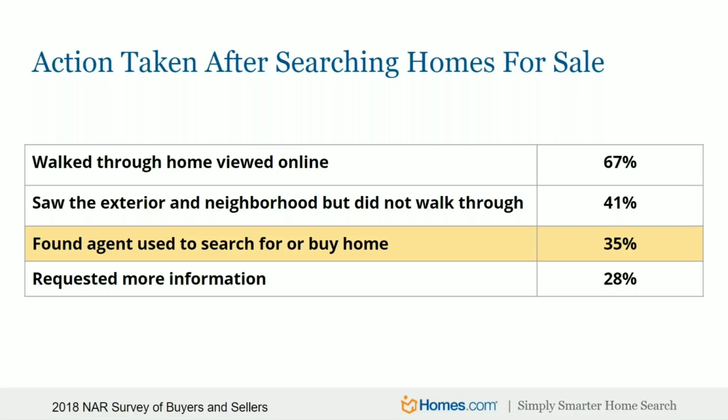And what's funny here is if you're trying to add up the math, you're like, wait a minute, these add up to much more than 100%. How is that even accurate? Well, the math is not wrong, but a lot of people did more than one of these actions. So I might have searched for a home for sale online, then said, you know what, I'm not really familiar with that neighborhood. Let's drive through it. Drove through it, said, oh, I like it. So let me go find an agent now to buy that home. And I find an agent, and then the agent shows me the home, makes an appointment. So I've done 3 of those actions right there. And that's how they get these numbers.